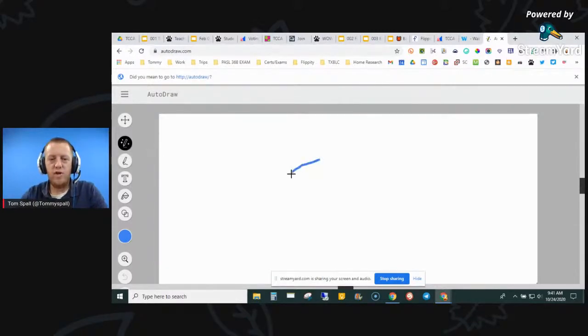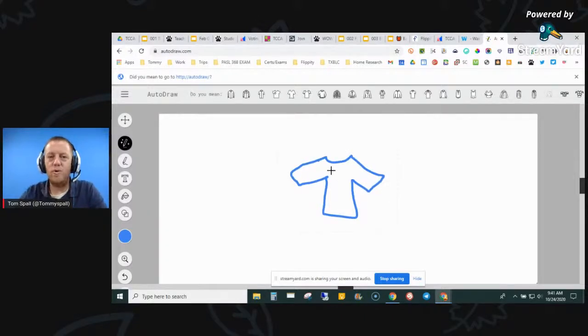So I'm going to draw a shirt. Hopefully it turns out to be a shirt. So here's my shirt. Here's my neckline. So there's my shirt. So what happens is Google or AutoDraw is pulling from its analytics and it's giving me